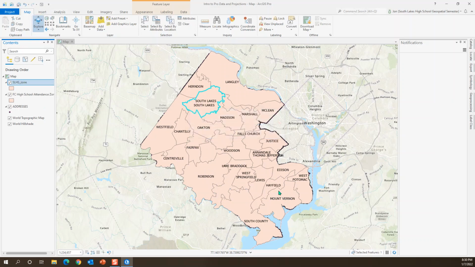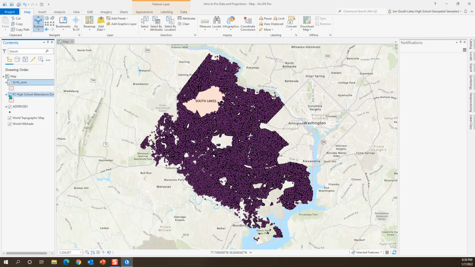And you'll notice that it's hard to tell that it did anything, but if you look over here, you see 2 layers and you see 2 labels. But let's just turn off the high school zones, and now you see that all that's left is South Lakes. So we can get rid of those, and now we just have South Lakes. Now double click